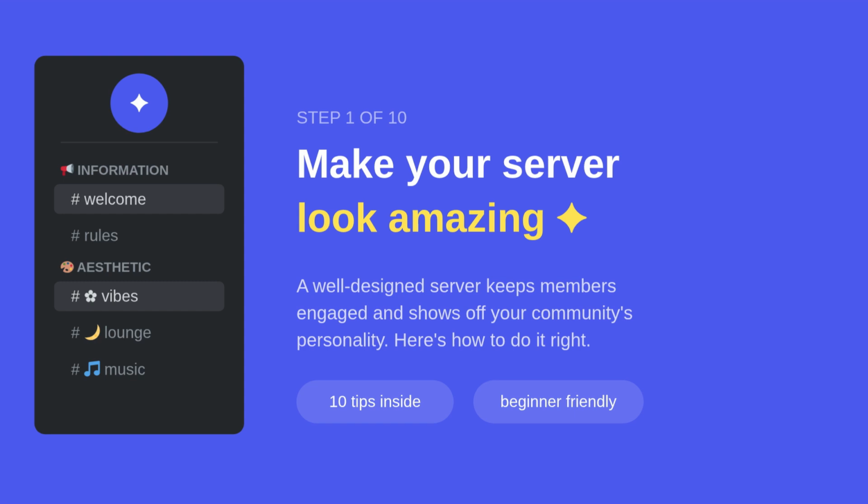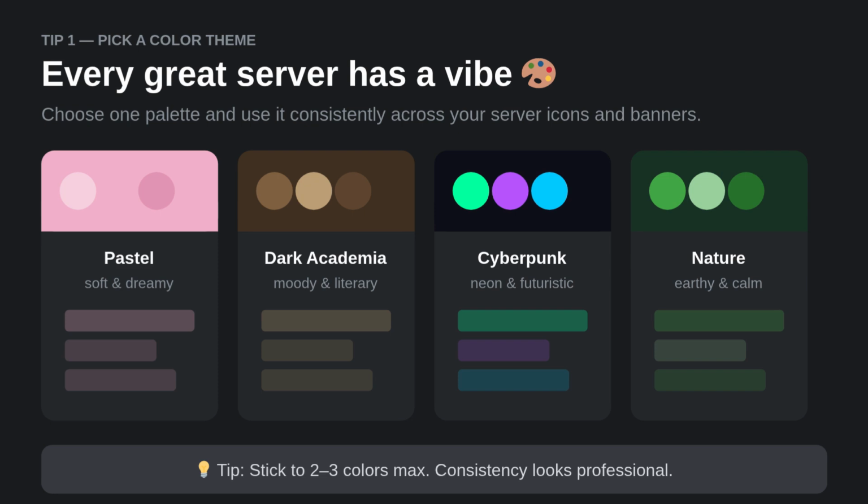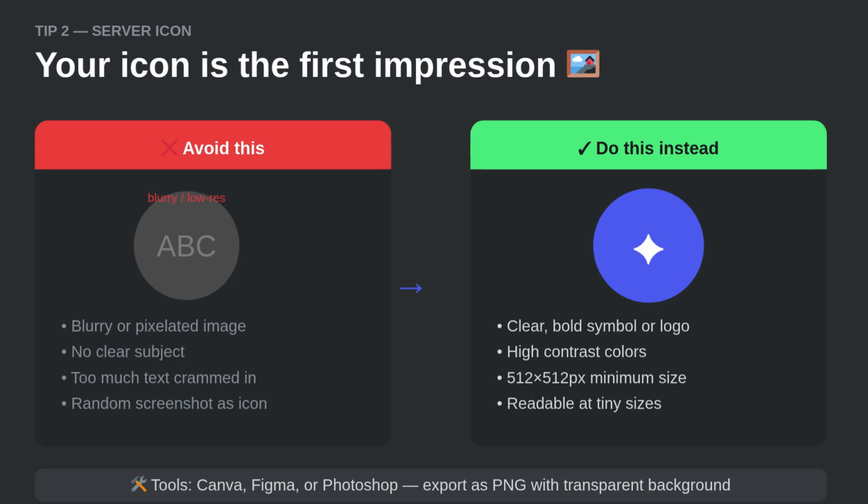Pick a theme like cyberpunk or minimalist to keep colors and fonts consistent. Use invisible characters. Use special blank characters, U+1CBC, to create space and center text in channel names. Symbols and channels. Add thematic emojis or pipe symbols,